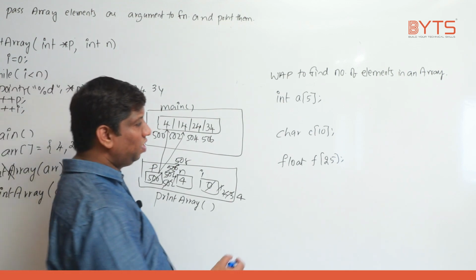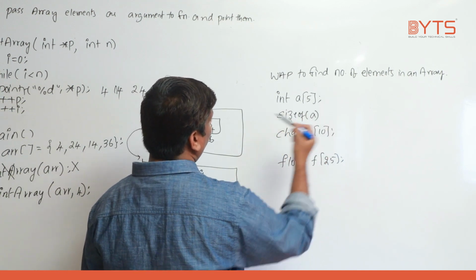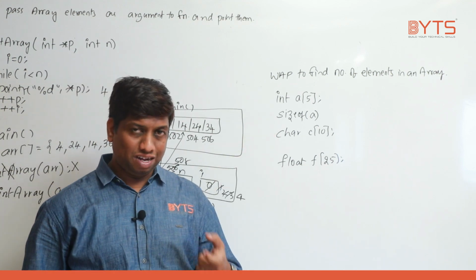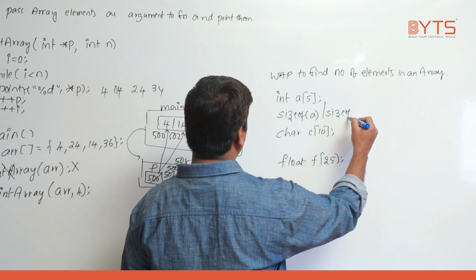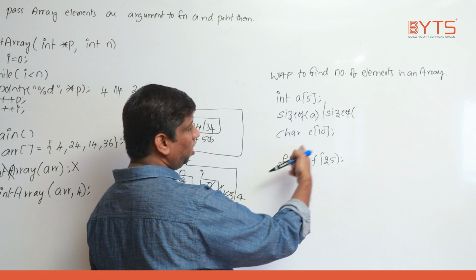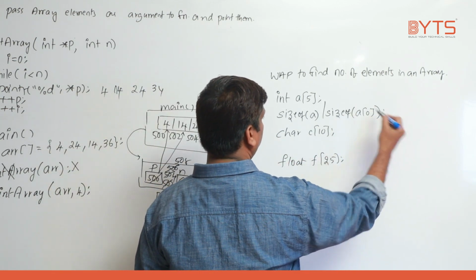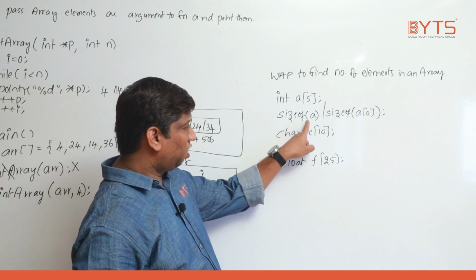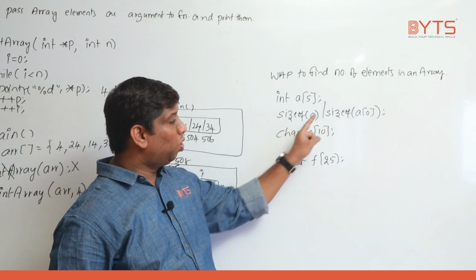How can I write here? It's very easy. sizeof(a). Well, what is sizeof(a)? I assume integer size as 2 bytes. sizeof(a) will give you what? 10. By sizeof, what can I write here? Not int. Int you cannot write because every time int you cannot write, no? So what can I write? a[0]. So sizeof(a) is how much? 10. sizeof(a[0]). a[0] is integer type. Integer size is 2. So 10 by 2 will give you what? 5.